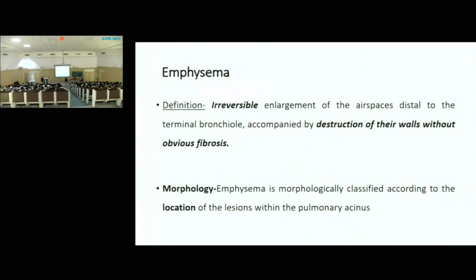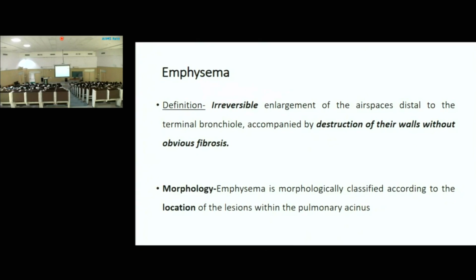From the bronchus there will be bronchioles, right? What are bronchioles? They will be either primary, secondary, or tertiary. From tertiary onwards, there will be terminal bronchiole, right? Remember this sequence: trachea, bronchi, bronchioles, primary, secondary, tertiary, and terminal bronchioles, followed by the respiratory bronchiole, followed by the alveolar duct and alveolar sacs. So in chronic bronchitis, the pathology lies in the